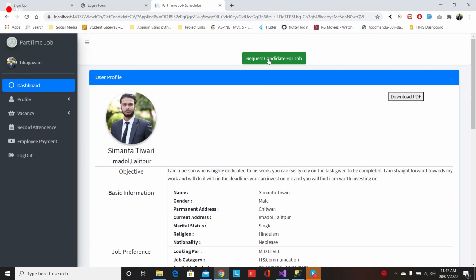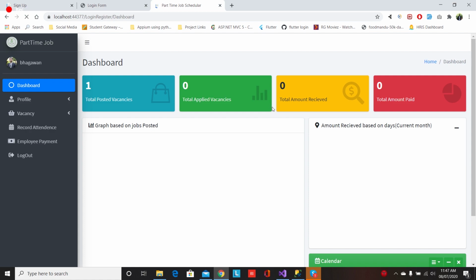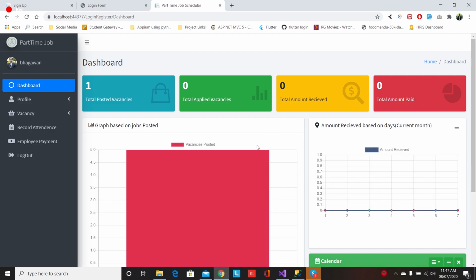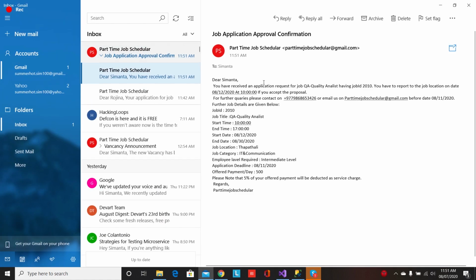By clicking on this request candidate for job, an email is sent to the candidate where he or she can be notified about the job. You can see the email which has been received where job details are given.